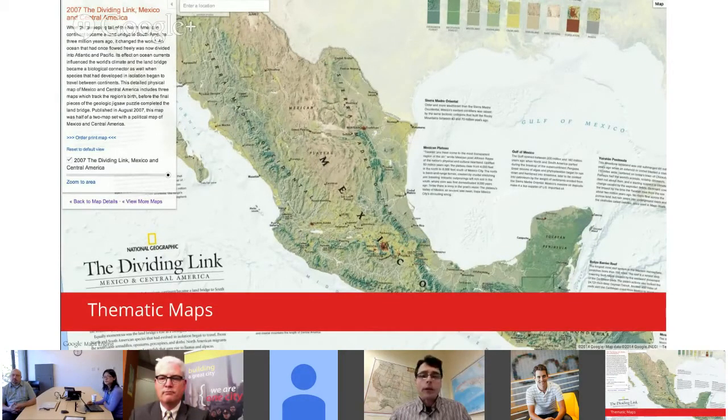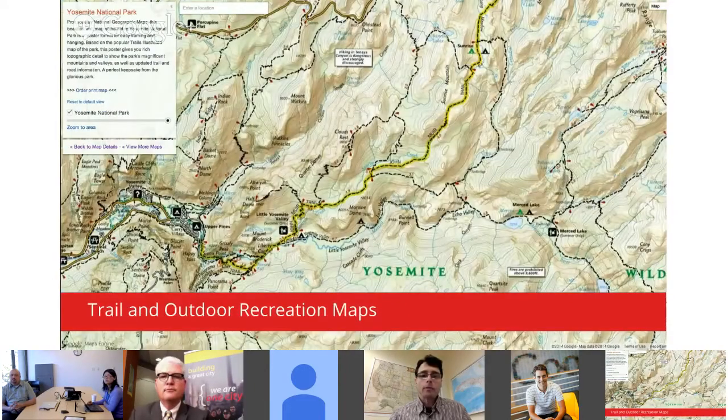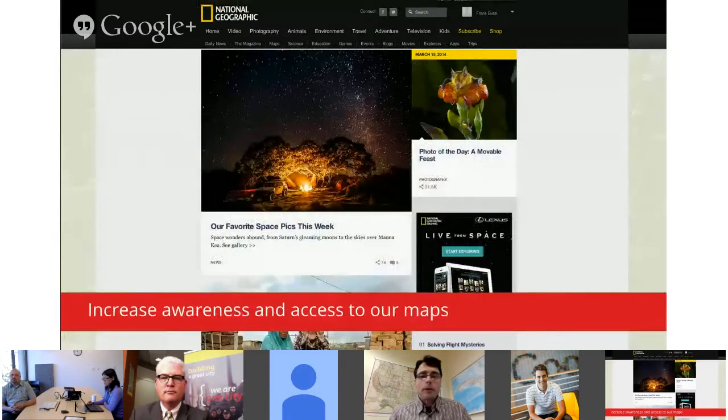So things like thematic maps in the magazine, as well as reference wall maps and atlases of the world, as well as different countries and regions, trail and outdoor recreation maps covering the major outdoor recreation areas across North America, and travel and adventure maps covering many other parts of the globe. So we've been producing these sorts of maps and publishing them for quite a long time, and we see this